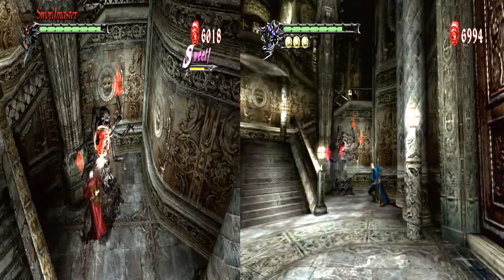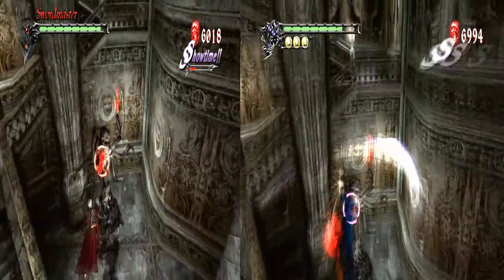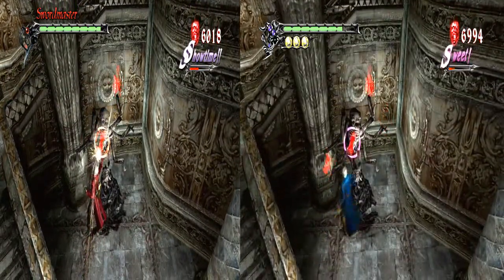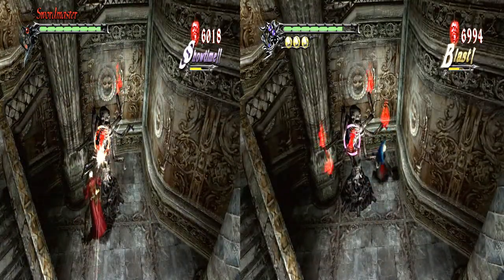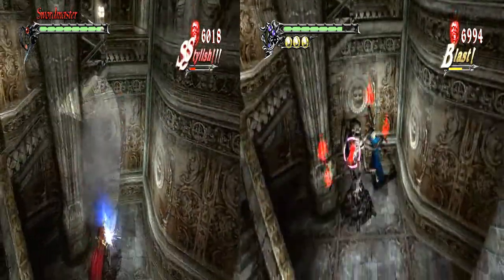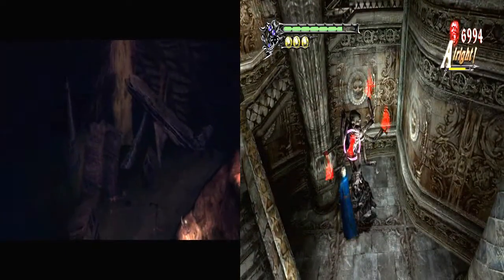I tried using the rapid slash maneuver. I even tried Judgment Cut, which does affect the combat thingy, but it just, ooh. Maybe if I had Judgment Cut at a higher level and could rapid fire it, it would have worked better. If you're going to do that, do it in the corner so that you can chain it together with your other moves. Anywho, Dante's moving on to Mission 8,